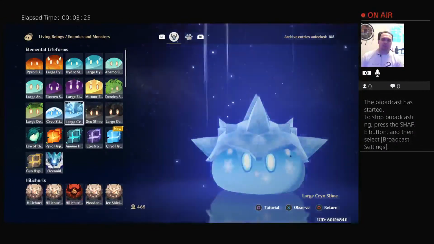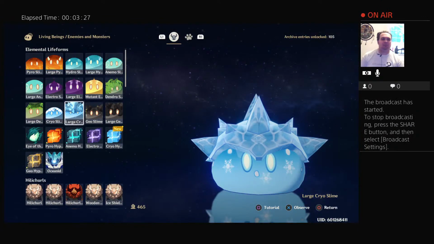Now we get to the two that actually, well, the one that actually bothers me. I'm not too worried about these, but these ones will freeze me a lot because you only find them in shallow water. You see that helmet they've got? You gotta break that off before you can damage them. You can break it with Electro Cryo or Electro Cryo Geo, the overload reaction, which you can't trigger on them directly, but on nearby enemies,